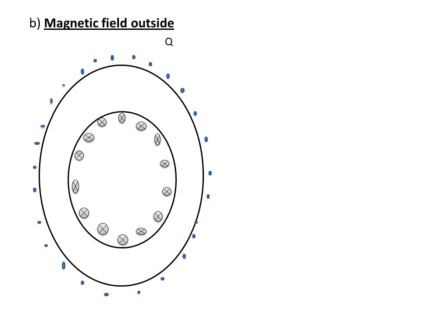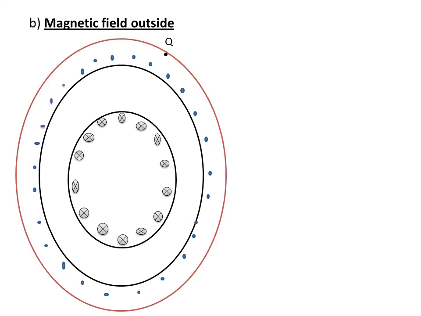Now we are going to find the magnetic field at a point Q outside the toroid. For that we have to draw an Amperian loop through Q. Again it is a circle around the toroid. Now, if we consider a loop around the toroid, we can see that for half the circle current is coming upwards and for the other half current is downwards. The first part can be considered as positive and the second part as negative. So for all the loops, half will be positive and the other half negative.